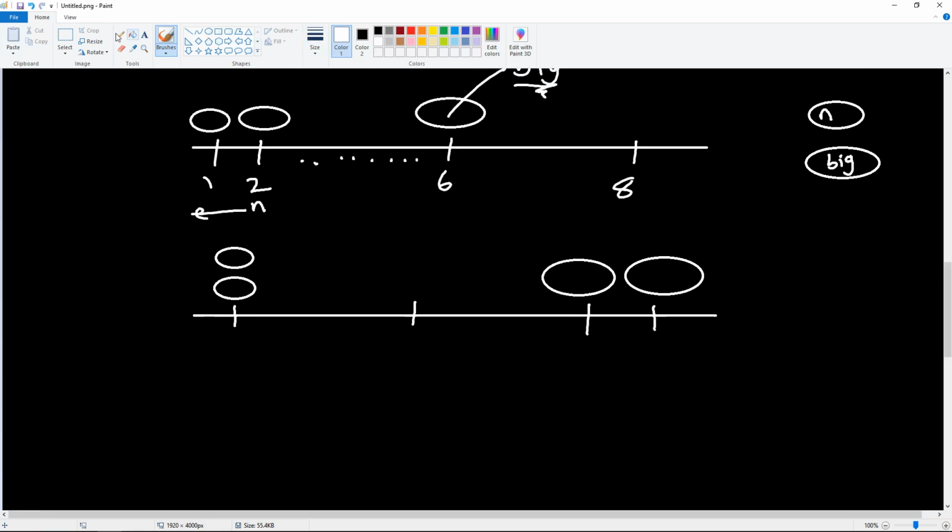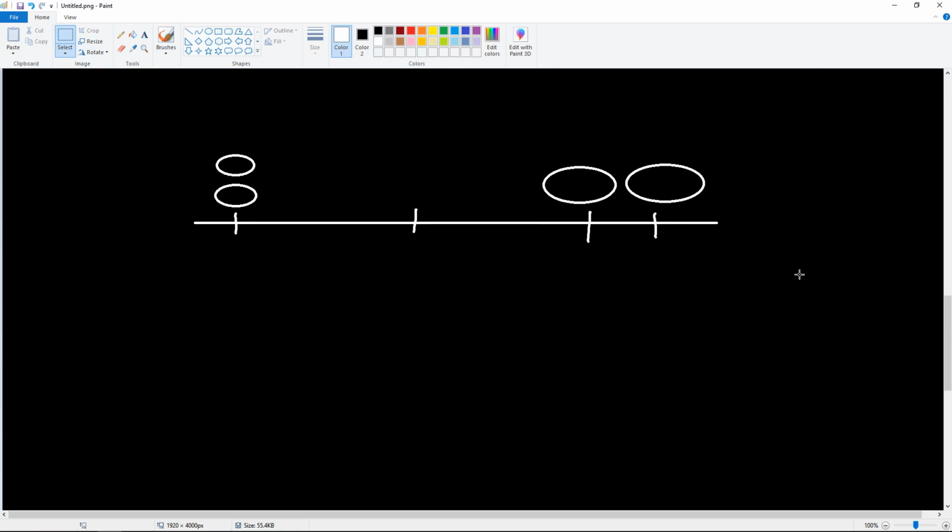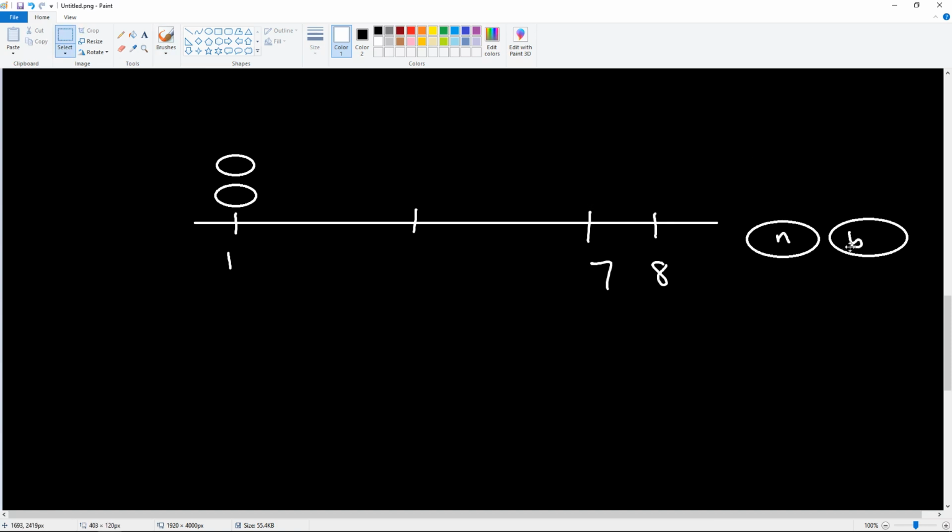Okay, so we have another case here that is slightly different, where we have two big stones that are going to crash into each other. So here, this is our big, and this is our next. And again, we'll give them some numbers. And then what happens is we pick up the big stone and the next stone, and we smash them together. So these two are out of the picture, but they're going to create a new small stone at 1. So that means we have to increment our bucket here, that we created a new stone. And then we need to continue searching on from here